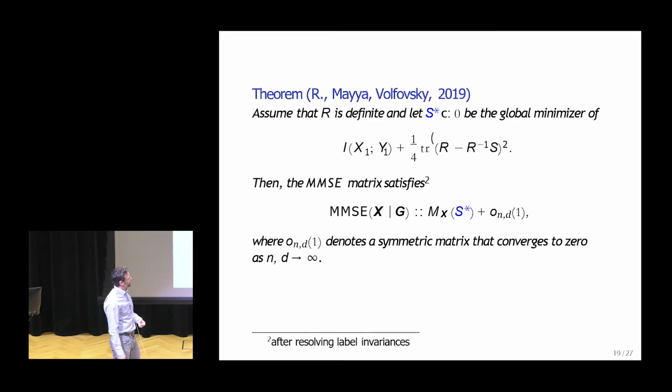So our main result, as I've set it up, essentially says that you have a similar basic idea. You have some function that depends now on a multivariate parameter, this positive definite matrix S, of S and R's. You find the minimizer of this. You take that minimizer, you plug it into the signal plus noise problem, and what we show is that's going to give you an upper bound on the MMSE. Okay, and this is an asymptotic upper bound. In order for this to be tight, we need to show a corresponding lower bound.